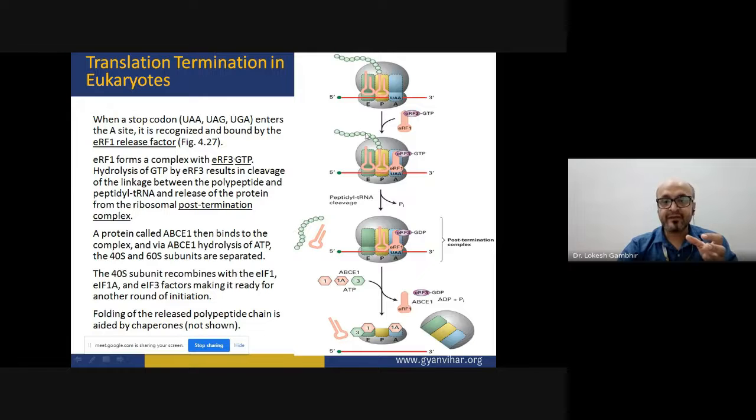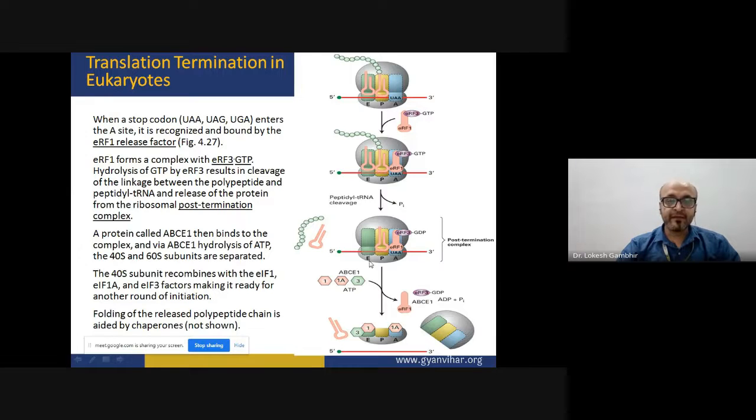Now that amino acid is eventually a growing polypeptide chain, the complete polypeptide chain, and the tRNA which is present on the P site, it will cause the cleavage, thereby releasing the polypeptide chain. And this cleavage is again at the expense of this GTP molecule, thereby the energy is released and the phosphate molecule is removed. Also from the E site, from the exit site, the tRNA is released.